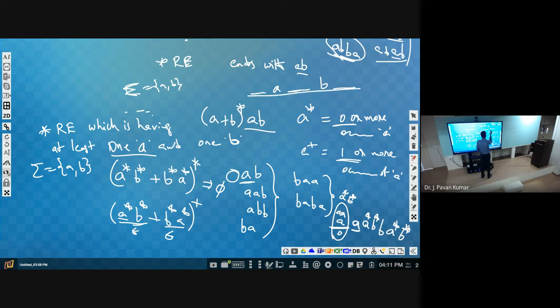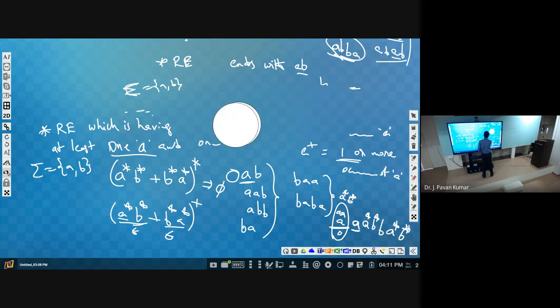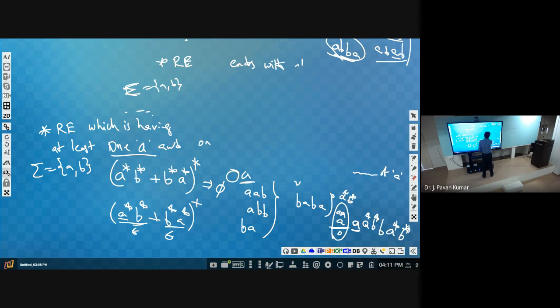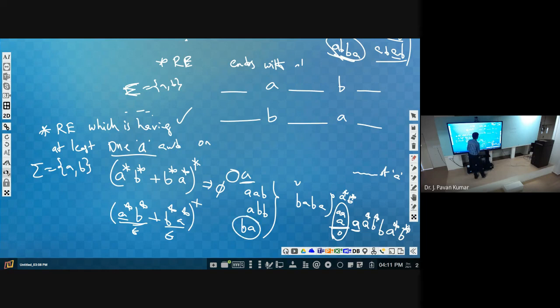On the other hand, you can consider one more thing: we can have any number of A's, any number of B's, any number of A's, any number of B's, then followed by B. Or you can have B also here, right? At least one B, one A. That is also the same question. There is no sequence specified, so B followed by A also we can have. BA is also allowed as we have discussed. So here we can have any number of A's, any number of B's, and here also any number of A's, any number of B's.